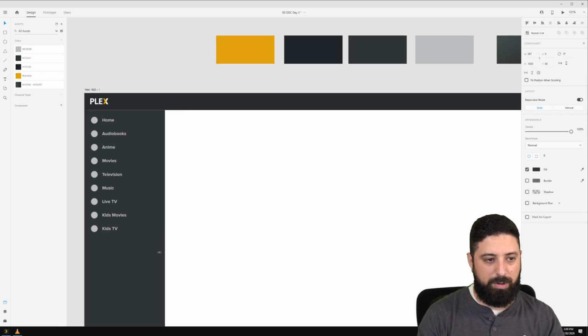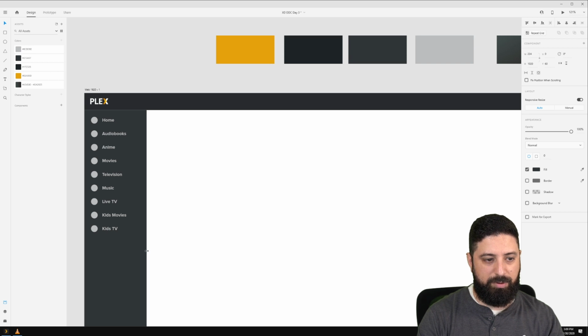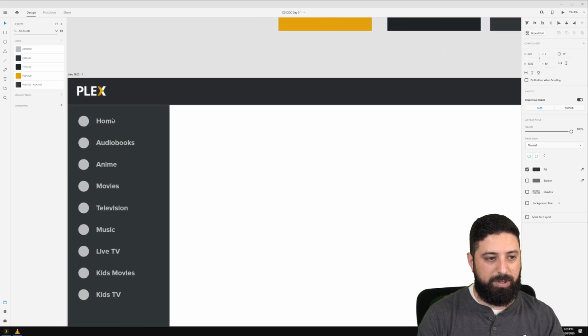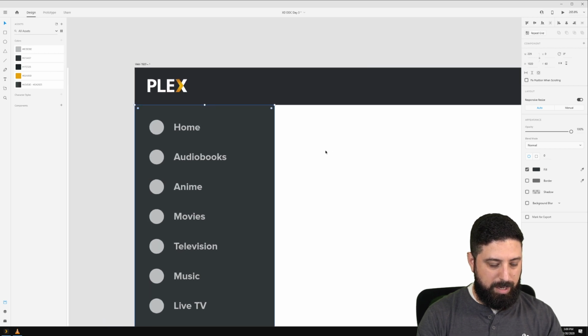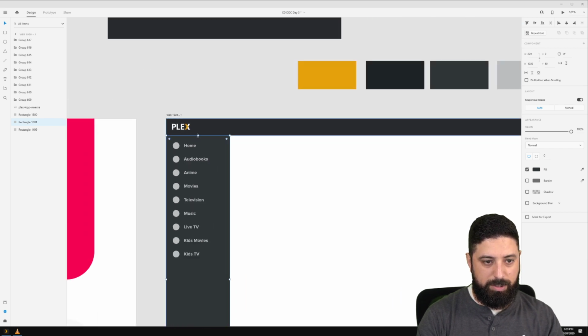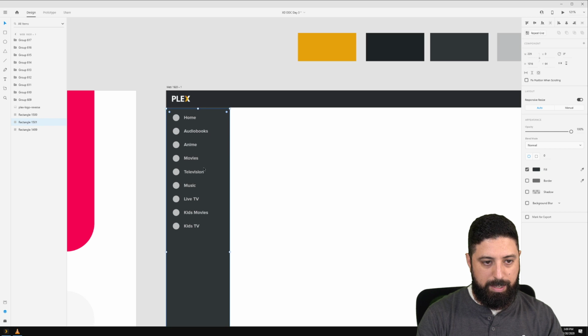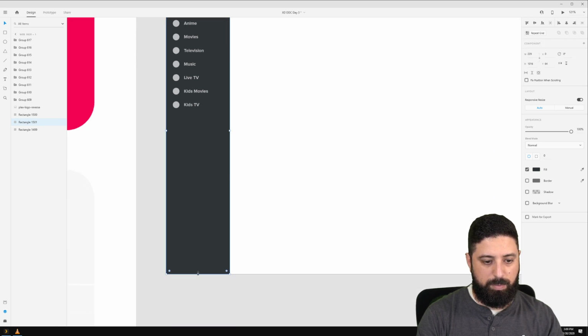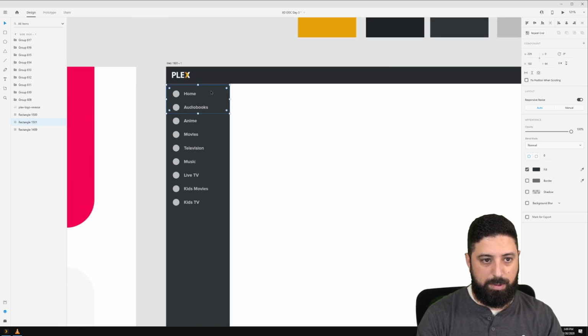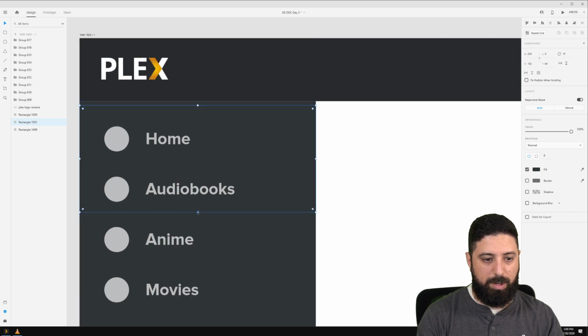I'm going to bring this over as I see what I've filled that in with. We don't need quite that much space, so we've got a little bit of room here. Then I'm going to come in and add one more rectangle, so I'm going to duplicate that. Maybe what I will do is bring this up, and I want to show that we are on our home. So maybe I'll create something along these lines.